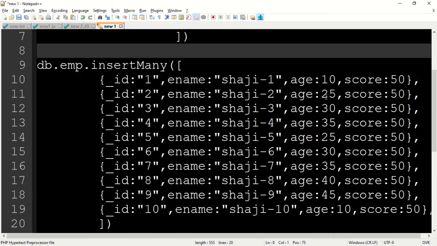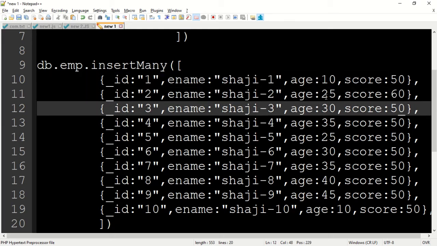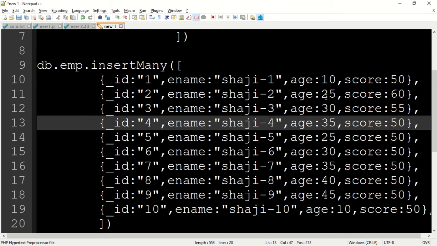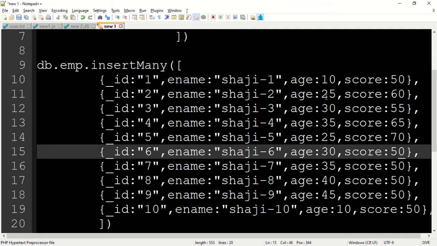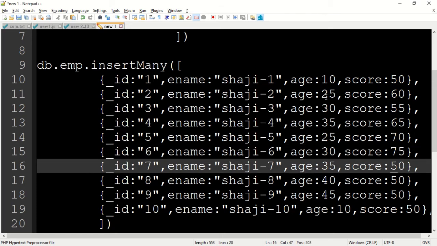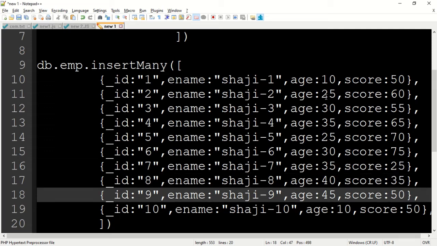Similarly scores I'll say 50, 60, 55, 65, 70, 75, 25, 35, 30. Okay, over.